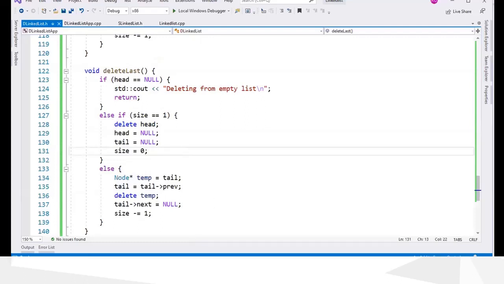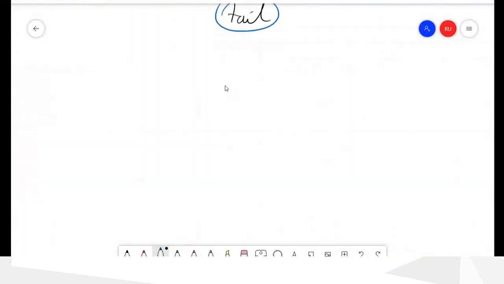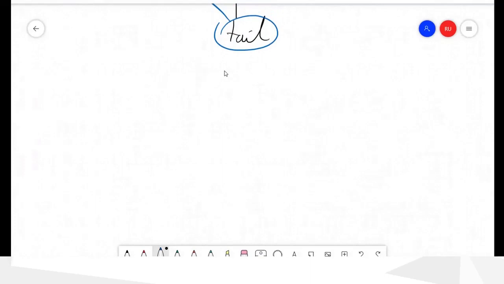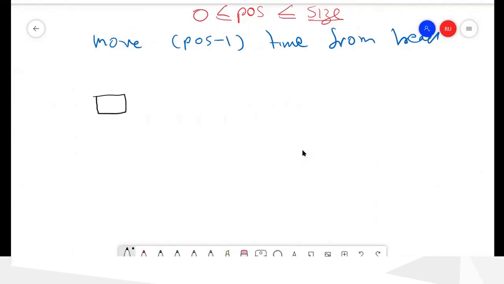So now we have to go to the next case, which is deleting a node from the middle. So we have the linked list like this now.